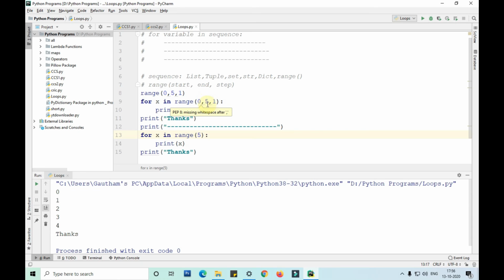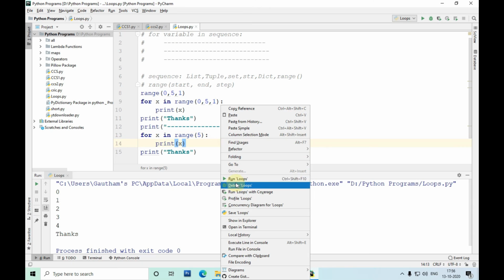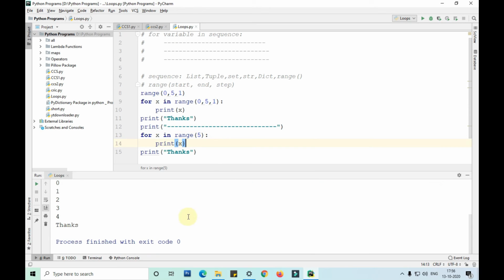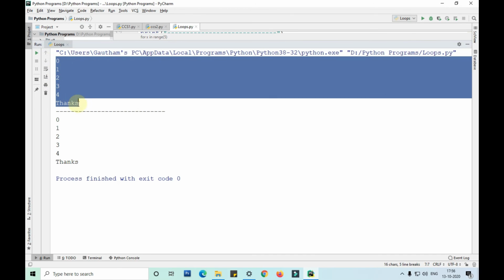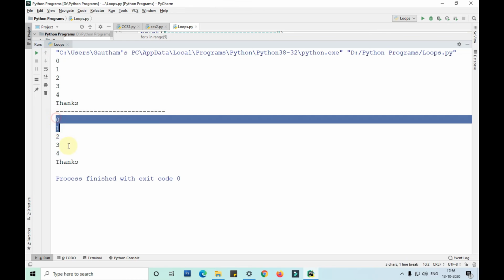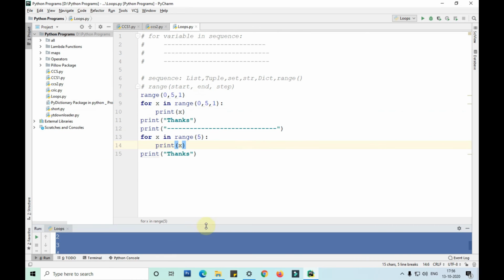I'm giving the start, end, and the step here, whereas I'm not giving the start and step here. Let me show you the difference now. As you can see, the program is executing normally. That is, we are getting 0, 1, 2, 3, 4 and thanks here also, and 0, 1, 2, 3, 4 and thanks here also. Even if we don't give the start and step here, it is printing the same way.